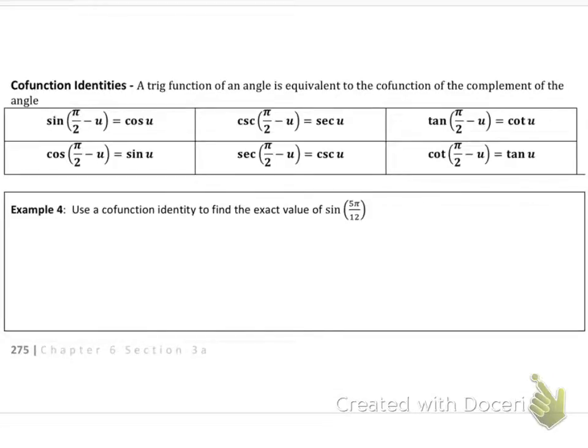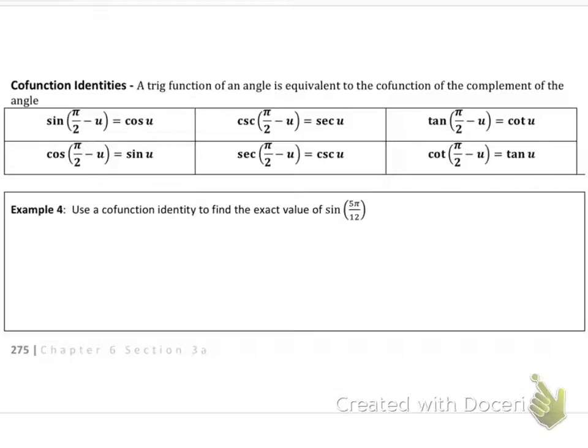So that boils down to the fact that we have these cofunction identities. A trig function of an angle is equivalent to the cofunction of the complement of its angle. In other words, if I have cosine of a number, it's going to be the same thing as sine of pi over 2 minus that same number. And that's based upon the fact that our numbers just keep repeating. So for example, if I need to use the cofunction identity to find the exact value of sine of 5 pi over 12,